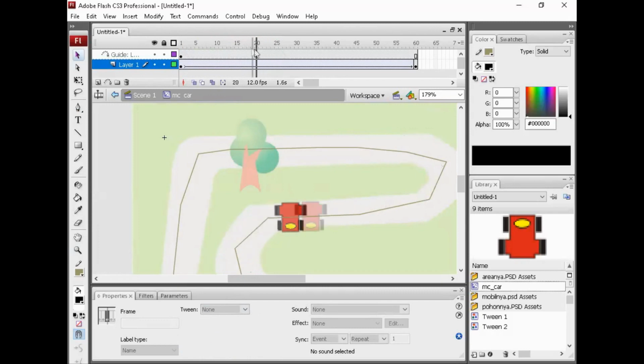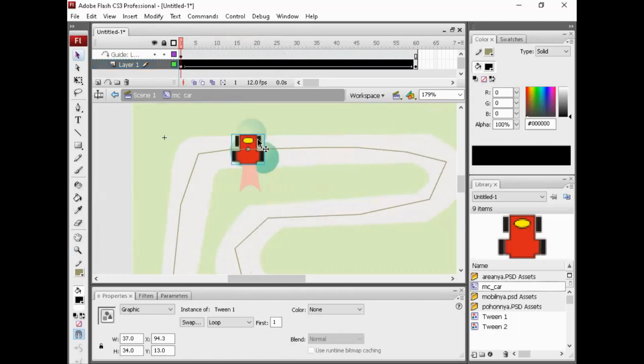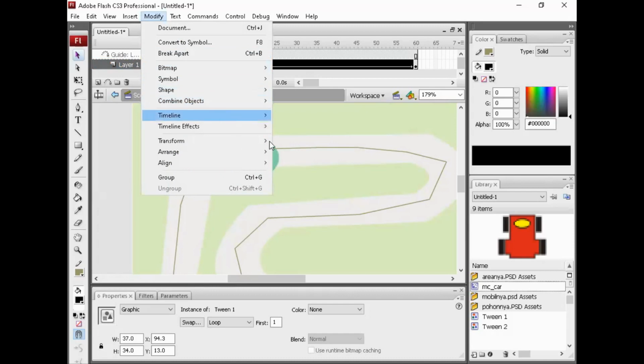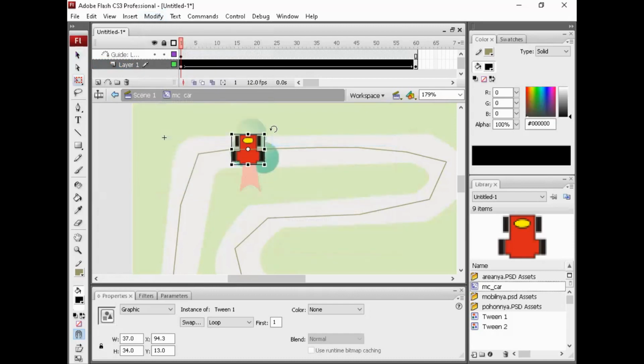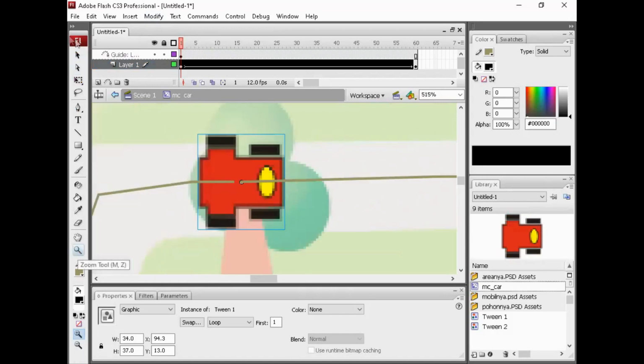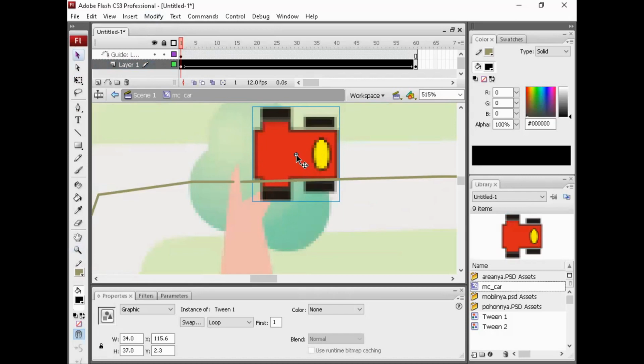Now we can rotate this car by modify, free transform, and rotate it to this. Yeah, this is the head, and we can move the center point. Yeah, this is the center point. Move this first.